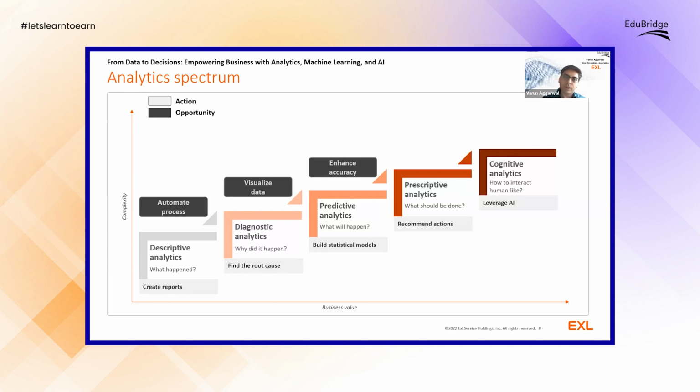Let's say you start with an intuition, then you move to, say, a more statistical model, and then you move to machine learning and deep learning. So, those kinds of advances you can make in predictive analytics to make sure the accuracy keeps on improving. Now, when you recommend actions in prescriptive analytics, the opportunity lies in quantifying the business impact.